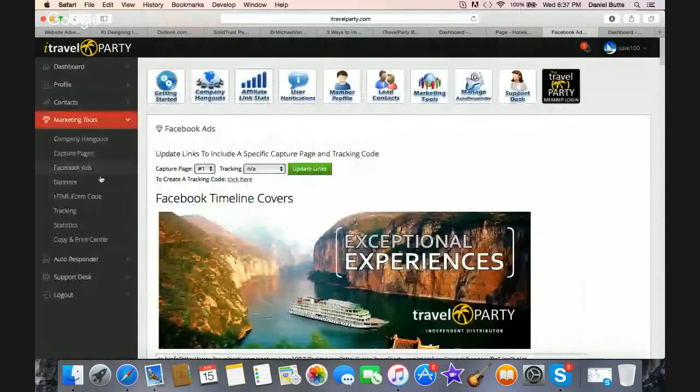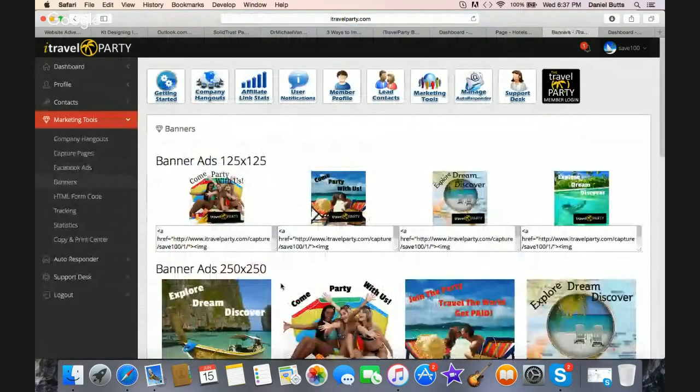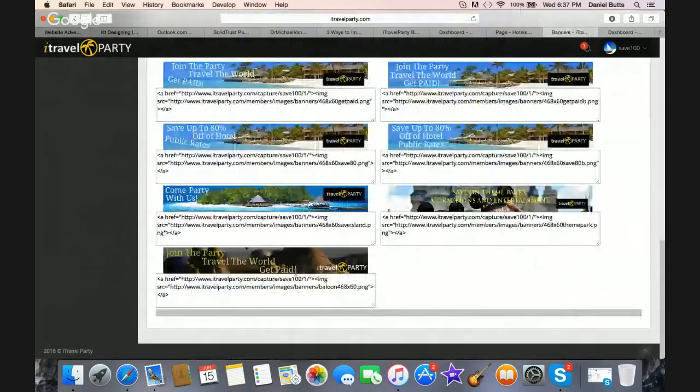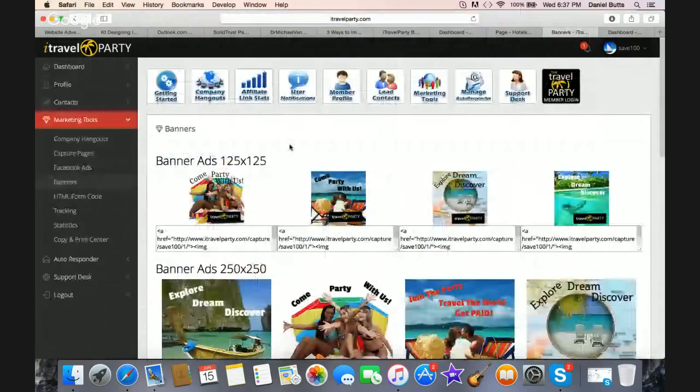But we also got banners you can use, like for your blogs and stuff. So there's different banners. All the codes are in here if you want to use the code, or you can just download the image and then connect it with your